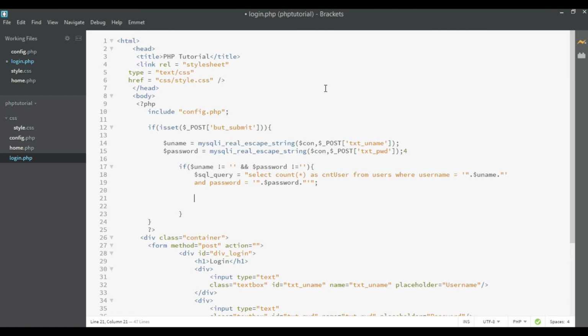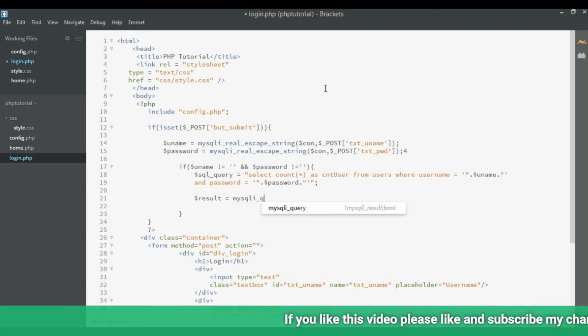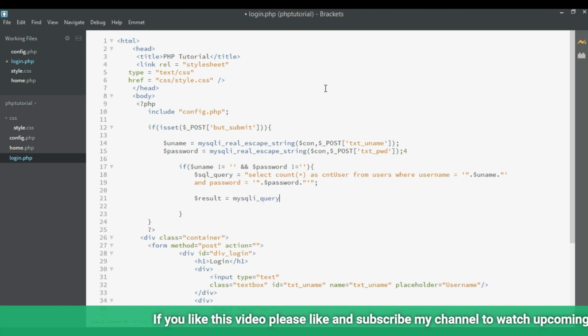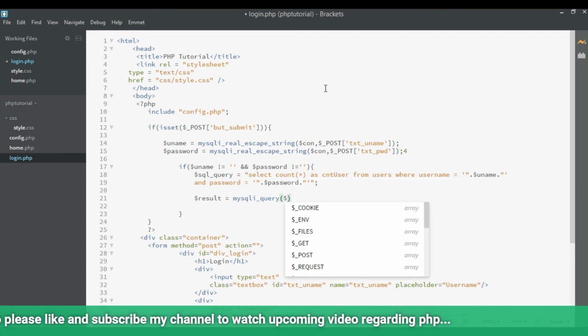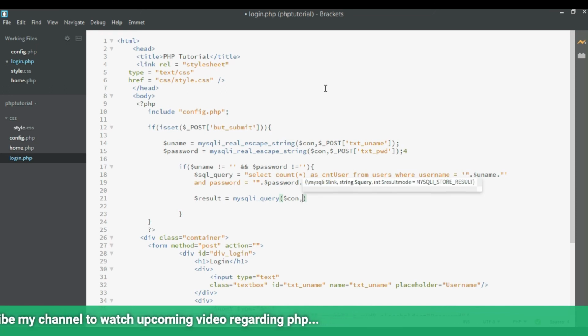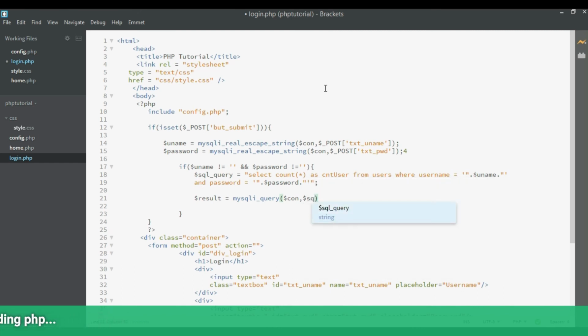now I am creating a variable called result. There I have to run that select query. So mysql_query. In that query, I am providing the connection to the database and executing the query variable called SQL query. Okay,